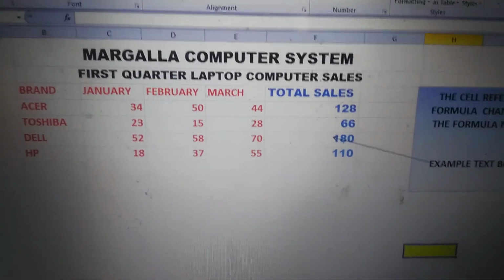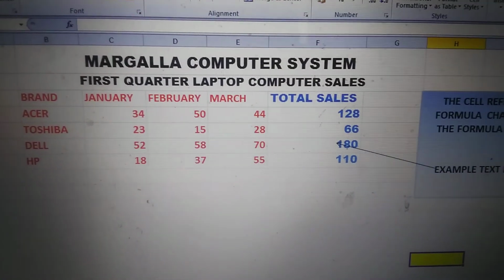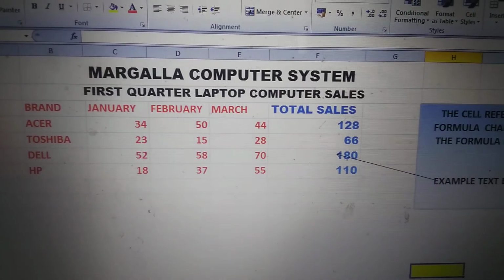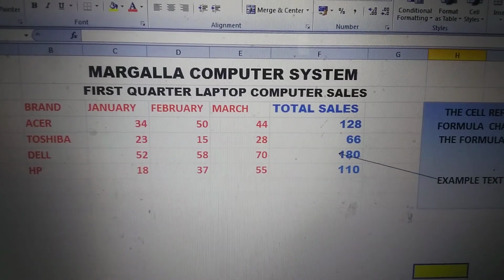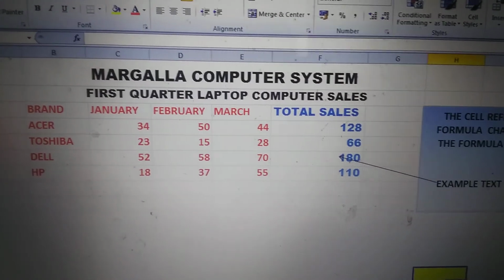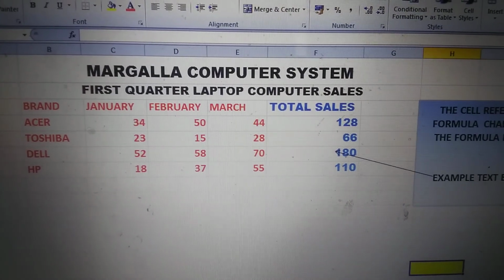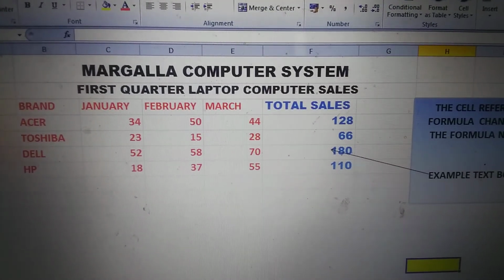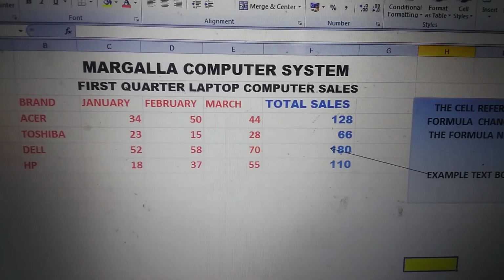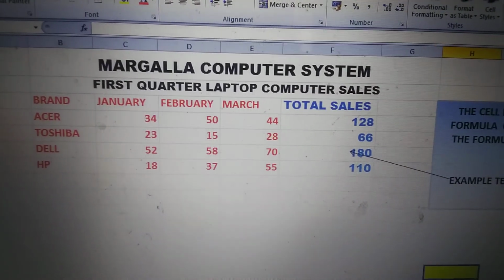This is a small record about the first quarter laptop computer sales. They have shown the purchase of different types of laptops, brands Acer, Toshiba, Dell and HP, and from January to March their sales are being shown in number. Like in January, Acer was sold in 34, the number of Acer laptops sold in February is 50, and the number of Acer laptops sold in March is 44, and at the end there is only a